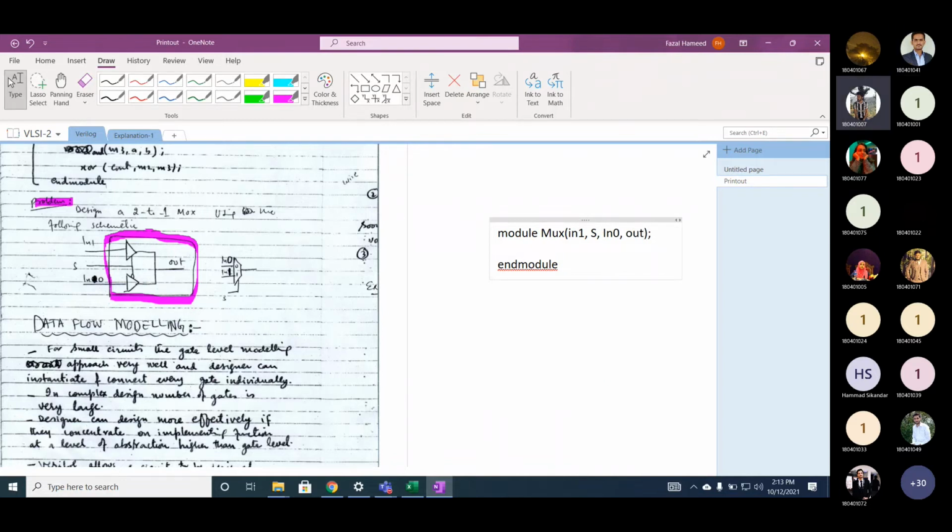Am I right? Yes, sir. What is your input? In1, S and in0. Output is out. Actually, Verilog is case sensitive. That's the reason that I'm writing everything in the proper case. The objects or the variables can be in capital, no problem, but the keyword must be in the correct case. Okay, so output out. If you look at this schematic,